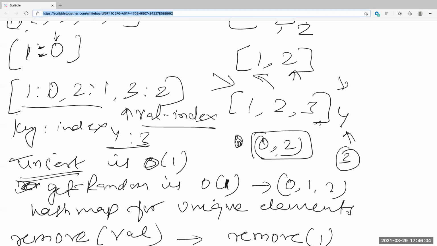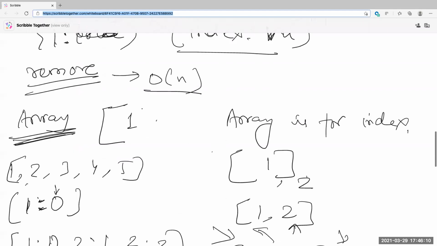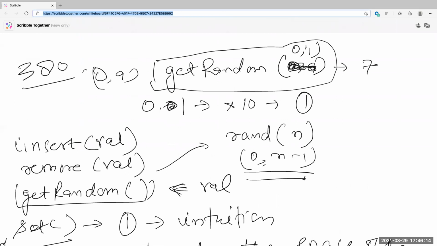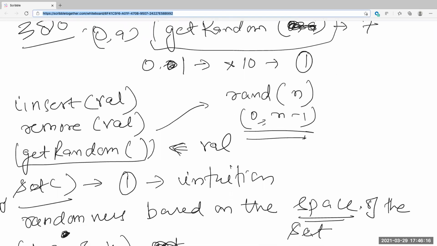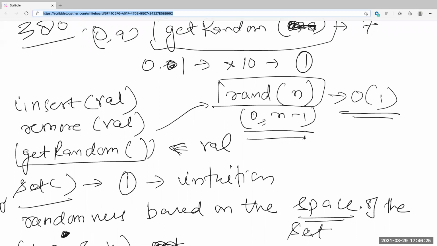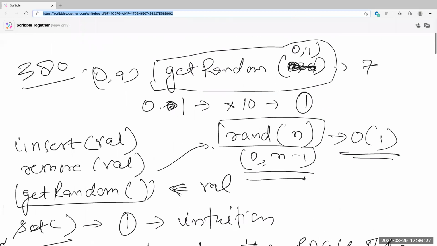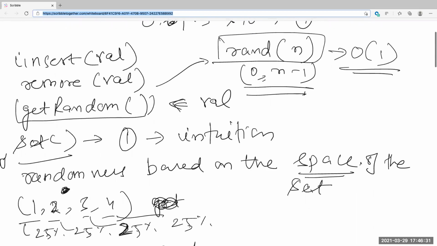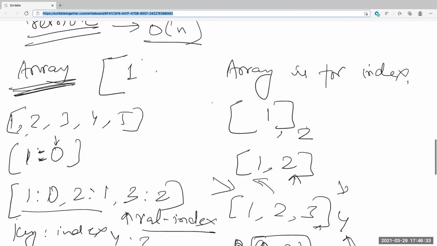But even in an array, don't you have to iterate through? Oh, you're saying you'll search by that index and that will give you O of 1. That's right. I already said usually in the question they tell you that you can use rand of n, which will return you a random number between 0 and n minus 1, which is O of 1. And that n, is it the value or the index? Anything, just passing a number. N is the length of the array. If 9, you'll get a number between 0 to 8. Okay, got it.